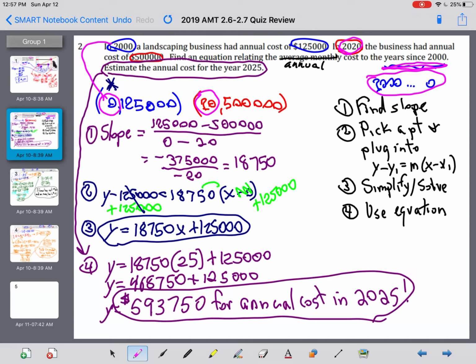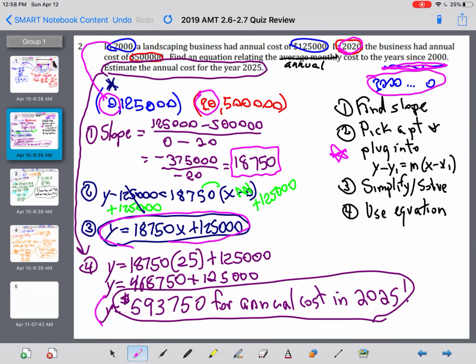And like in the past, we did use a subtraction model to find the slope. And since it's a real world problem, it's got a pretty substantial slope. And then I use that in the point slope form, like we've done in the past with some smaller numbers. And with that in mind, we end up with the following work. And that gives me the equation